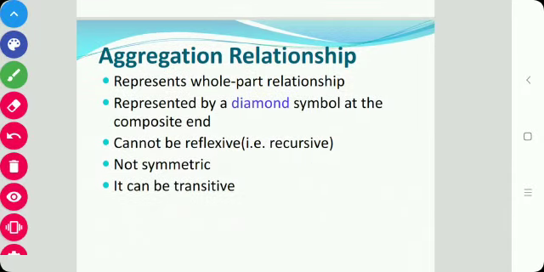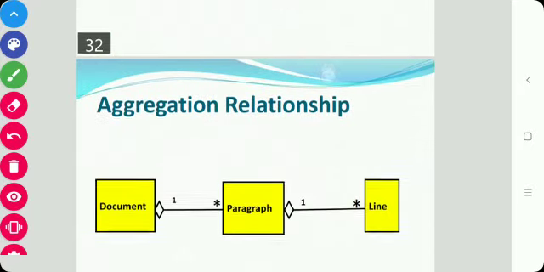Next is the aggregation relationship. The aggregation relationship provides a whole and part relationship. We have already seen that if an instance of one object contains instances of some other object, then an aggregation or composition relationship occurs, and this aggregation relationship is represented by the diamond symbol. See here, this is the